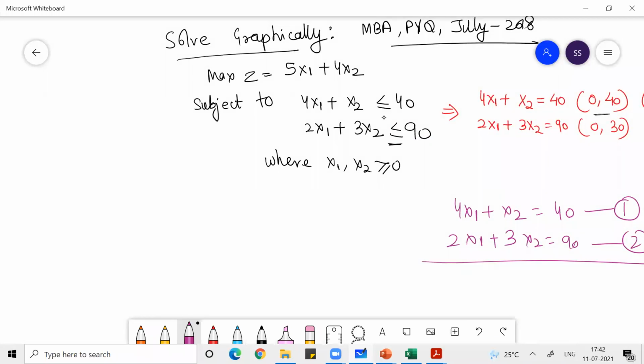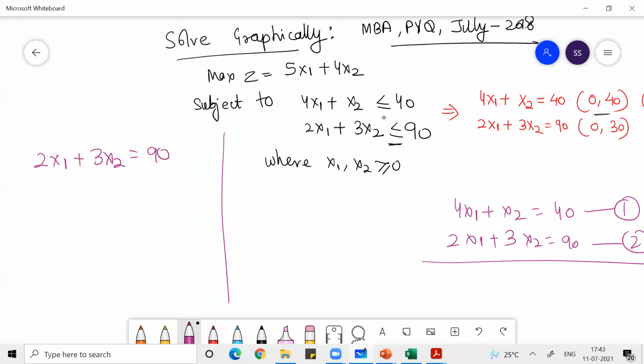Okay, one minute. I'll show you. Thank you for asking. So 2x1 plus 3x2 is equal to 90. Now, Pavitra, what I'm telling you is that you put any value of x1, you'll find the value of x2. You put any value of x2, you'll find the value of x1. Sir, I'm not understanding which x1, x2 you're talking about. So you tell me, Pavitra, any value. Any number.